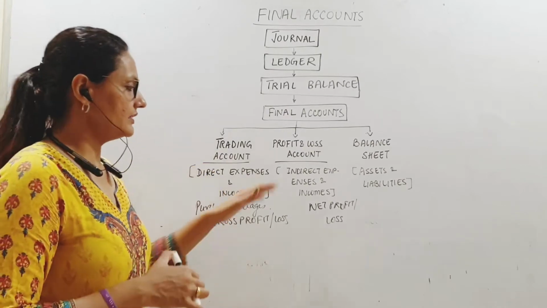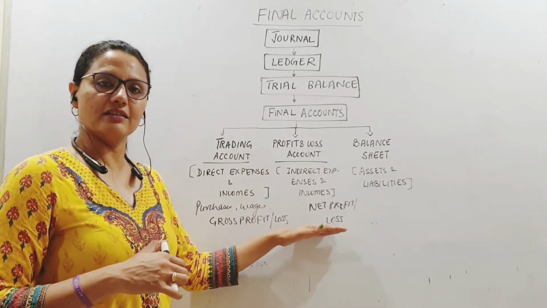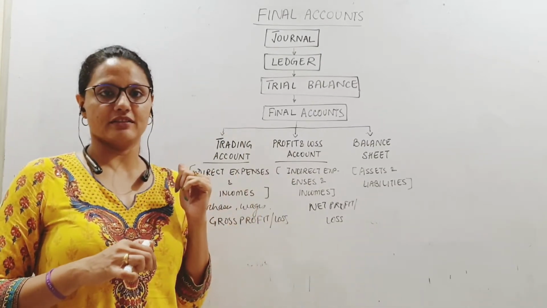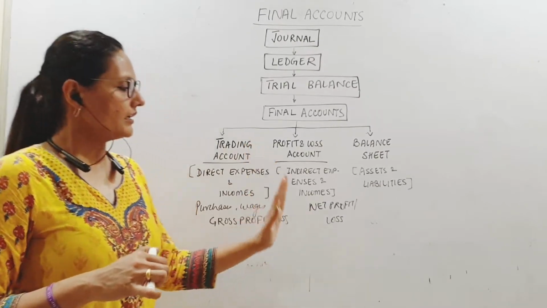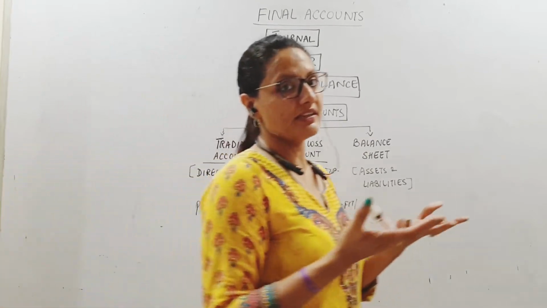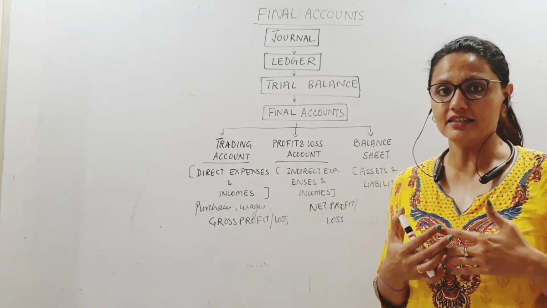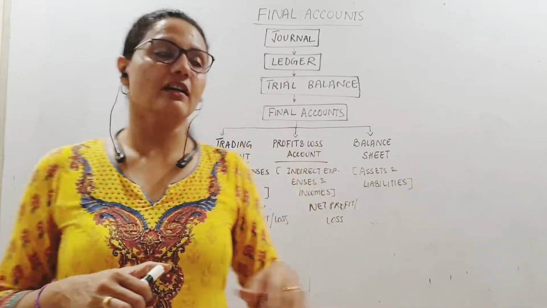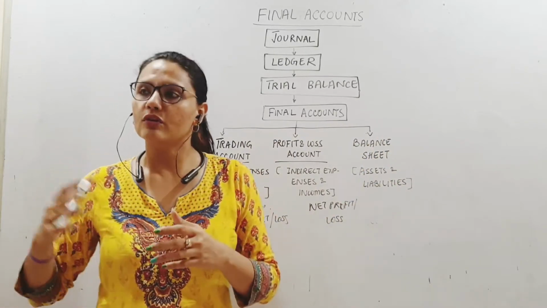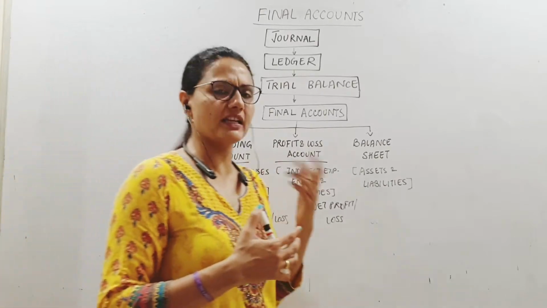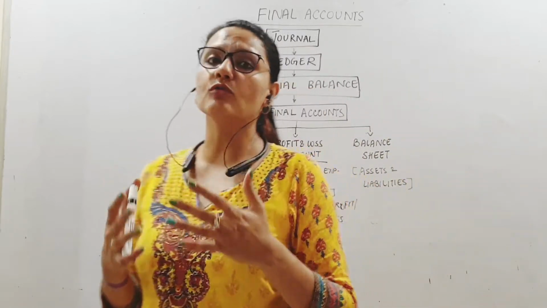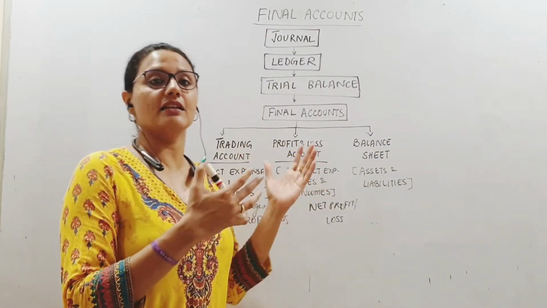Alright, so this is the net result for this year, only this year, because income and expenses are related to one particular year. Fine? Chapter closed here. Now if there is a profit or there is a loss, it will affect the capital. If there is a profit, your capital increases. If there is a loss, your capital decreases. Right? We are trying to find now what is the financial position of the business. Financial position meaning over the years, 4, 5, 6, 7 years, whatever the organization has been doing business,